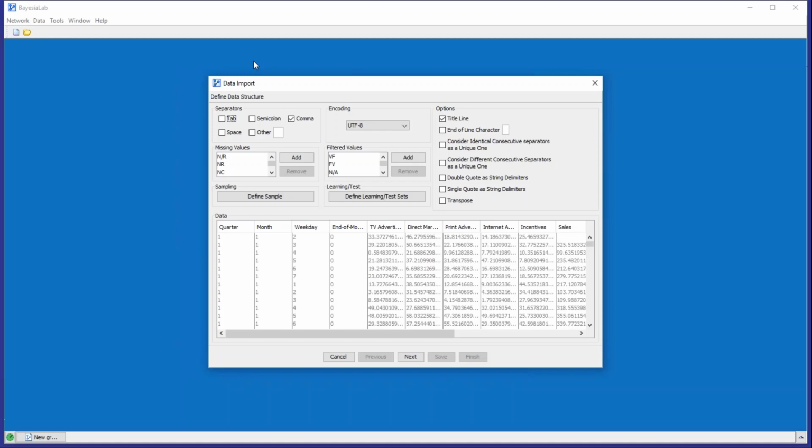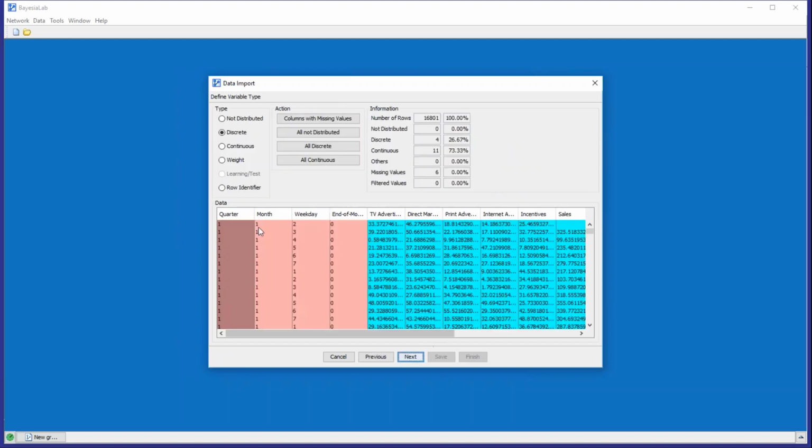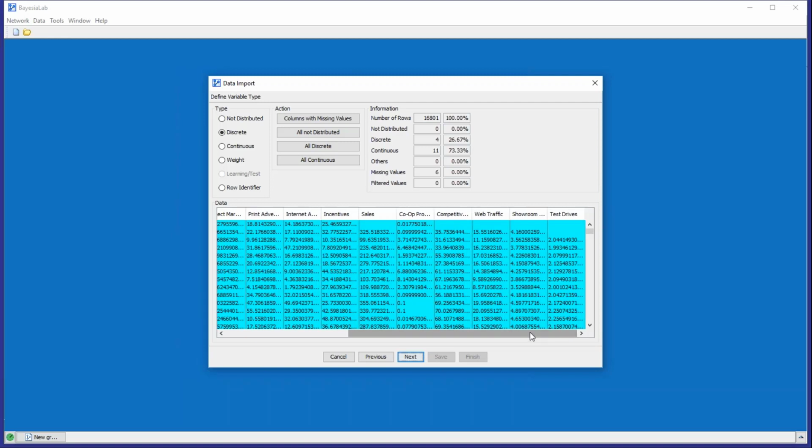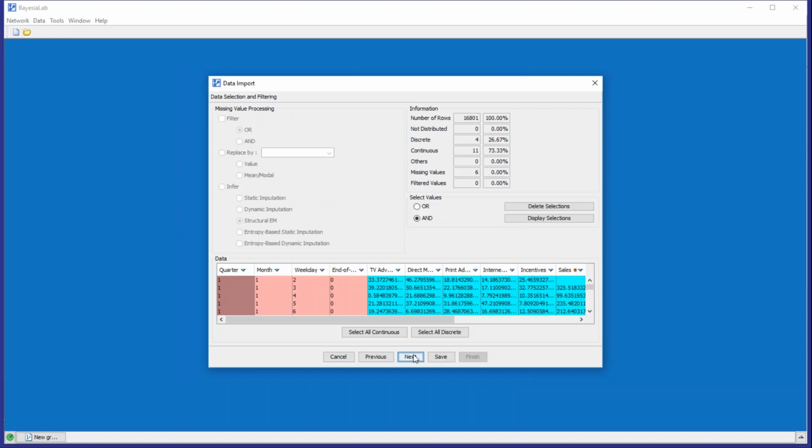Anyway, so here's my data set. I'm bringing it in. This is the first step of the data import wizard. We now see that BayesiaLab recognizes the seasonal variables, the calendar variables, as categorical. Here are the first 4 columns, and then all the remaining columns are numerical continuous. So I don't need to change anything here. Now, here we would set the missing values processing algorithm. It's not even worth discussing it at this moment because we have so few missing values,